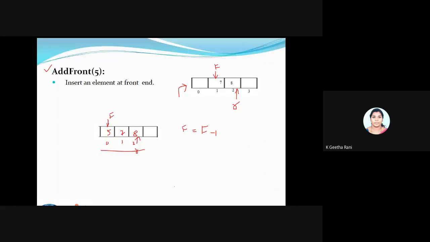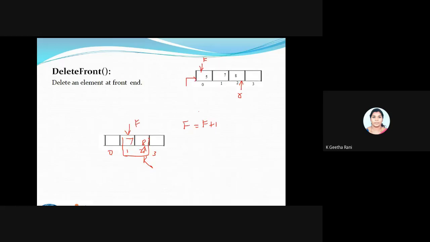Fine. And if you want to add an element to the front pointer, just decrement the f pointer. So f is equal to f minus 1. Okay, since I'm having a space here, it happens. If I don't have, we will see what is happening. Fine. And next one is delete front. We know that if I'm going to increment the f pointer, we'll be automatically deleting the first one. Okay, this is the usual one under your queue. Fine. So these are the 4 basic operations under your DQ.